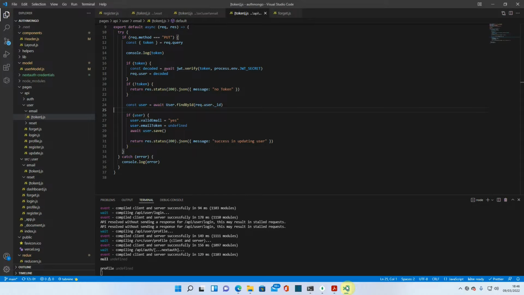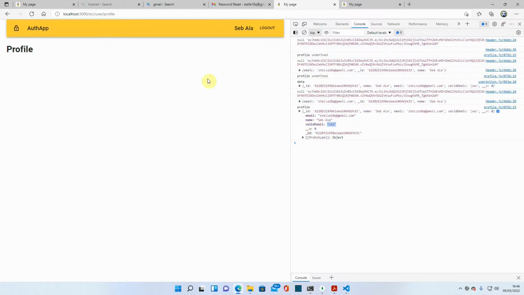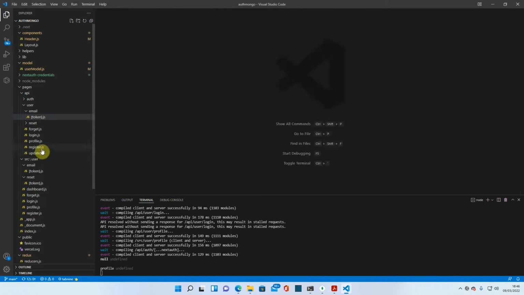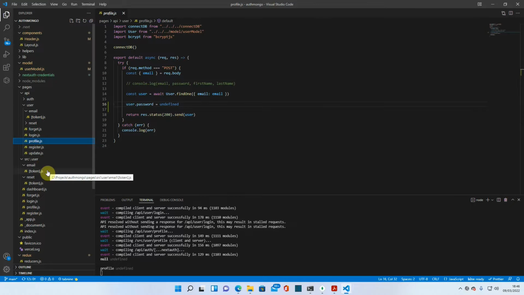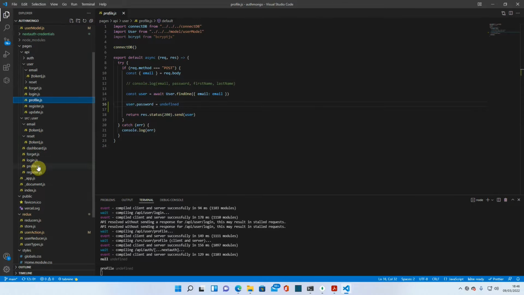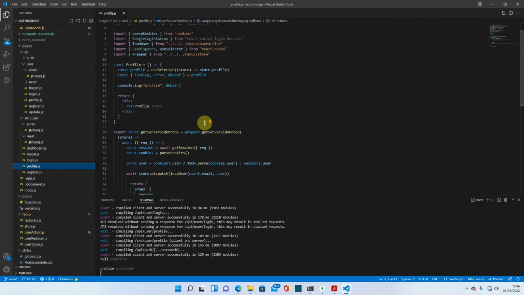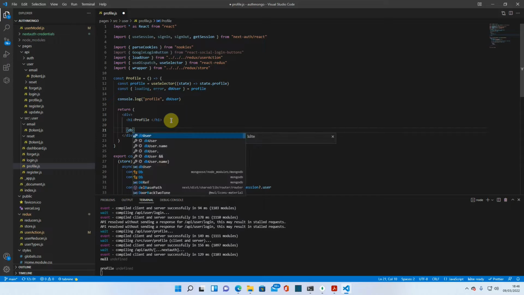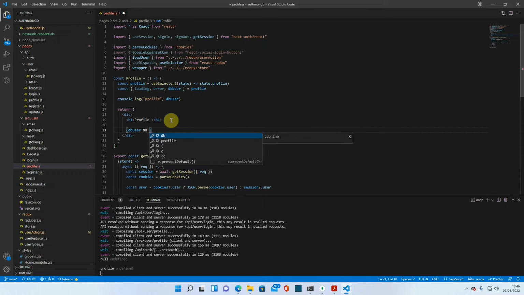So how are we going to do this? So let's first of all display the user in this page, the profile page. So let's close all this, close all, and then go to the profile page. Is that the profile page? No, that's the back part of it. That's the API part. Right, so in the profile page, what we need to do is we need to go, if there's a DB user, so DB user,